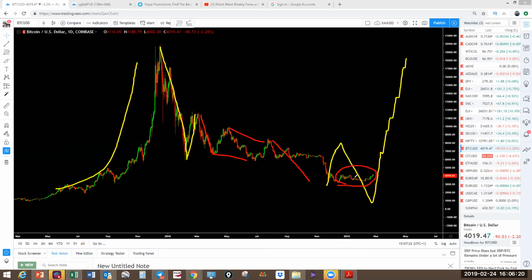Okay, so as I showed last week, this current move that we're looking at here is still this one here. I just don't want to draw it here because it's going to look skewed. So if we have a structure like this, this is what it looks like. We had a three-wave pullback. We have a pullback in this degree here, which we're going to label in red, that is A, and the whole three-wave structure here is a B structure, and